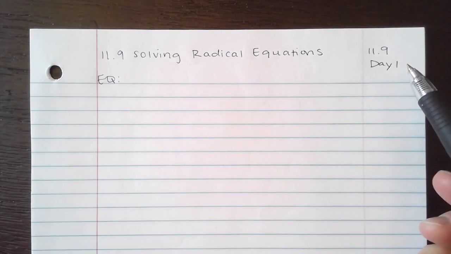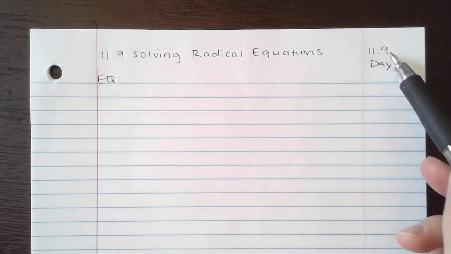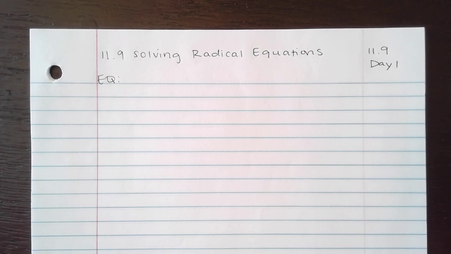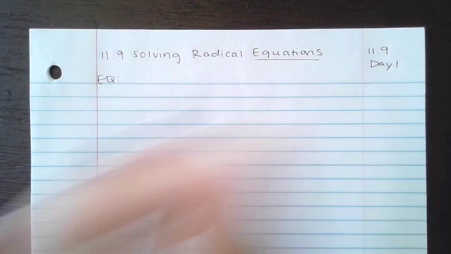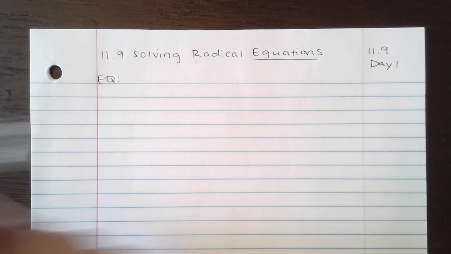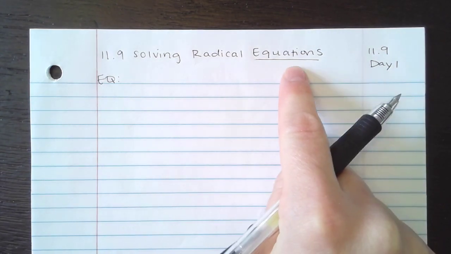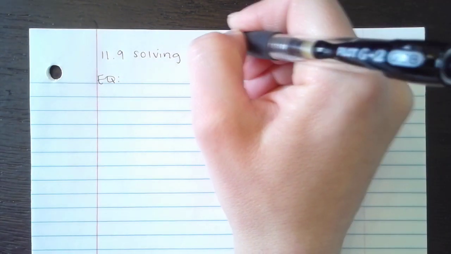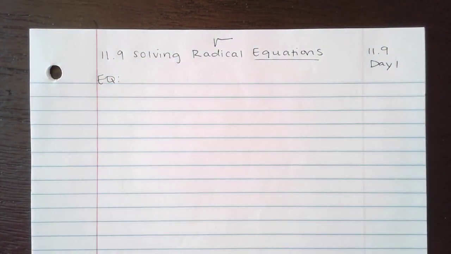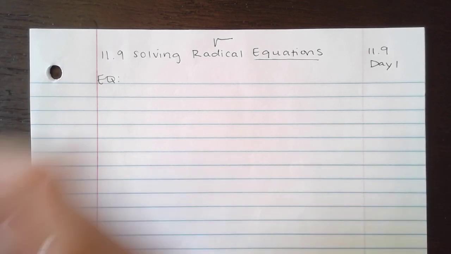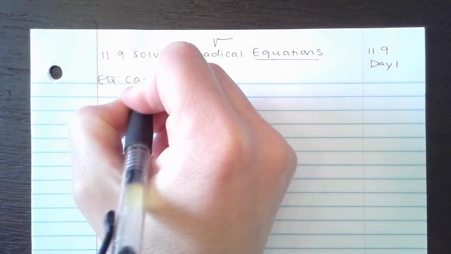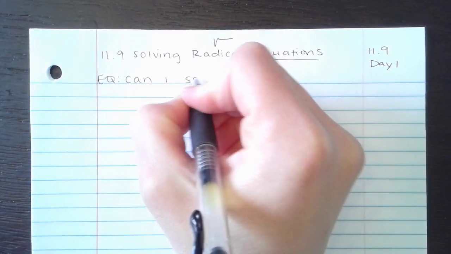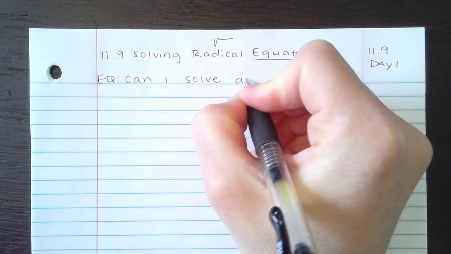And this is day 1 of 11.9. This is a longer section for chapter 11 because it's all about equations. So we're going to be solving for unknowns, but what makes this chapter different than, like, chapter 2, for example, is there will be some radicals or some square root signs in the equation, and we need to figure out what happens when we have those radicals or when we have something squared in the equation, which we'll do later this week. So our essential question is, can I solve an equation